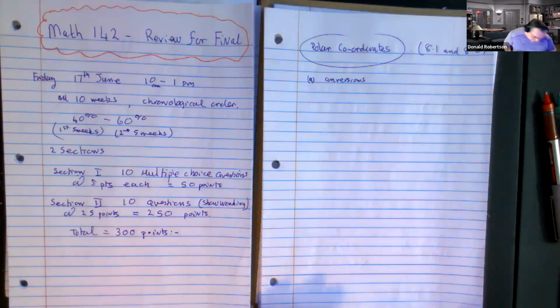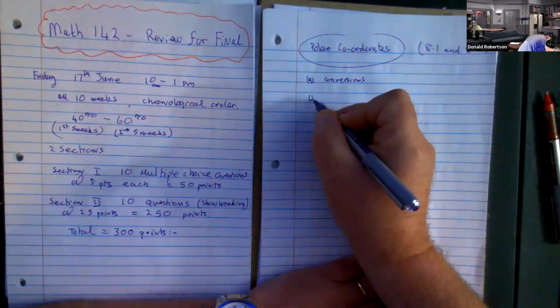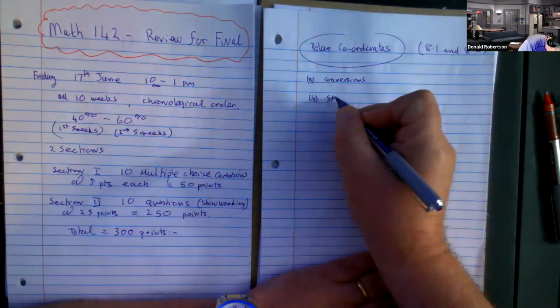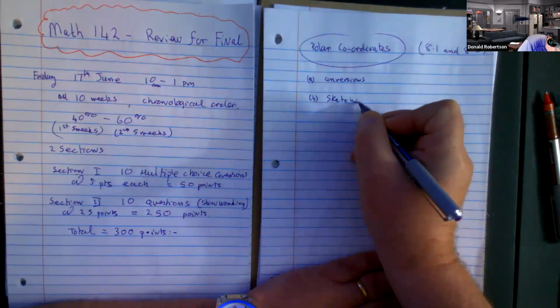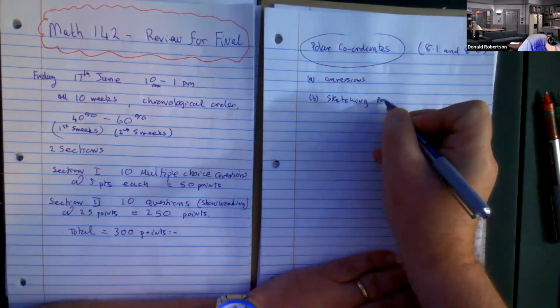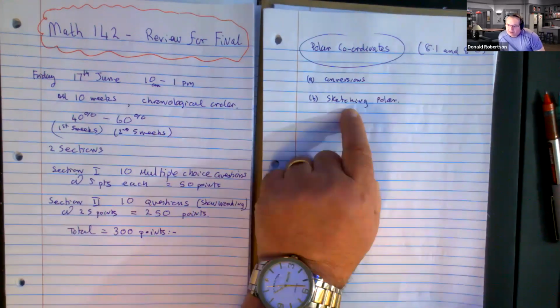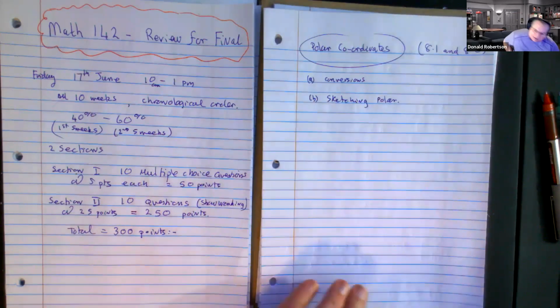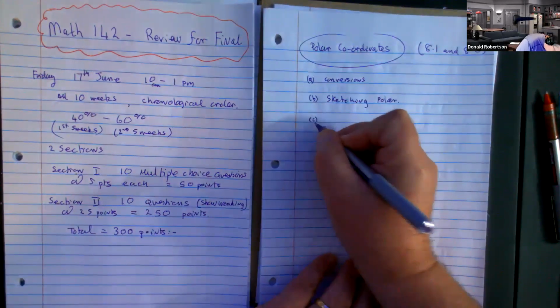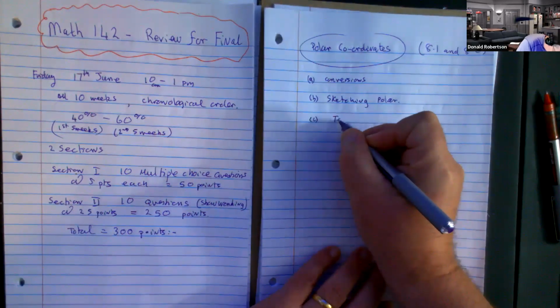So that's conversions. The second one is sketching them. Those kind of questions are really quite easy because you just use the software, plug them in, and you see it. And then the third kind of one is the ones where you take